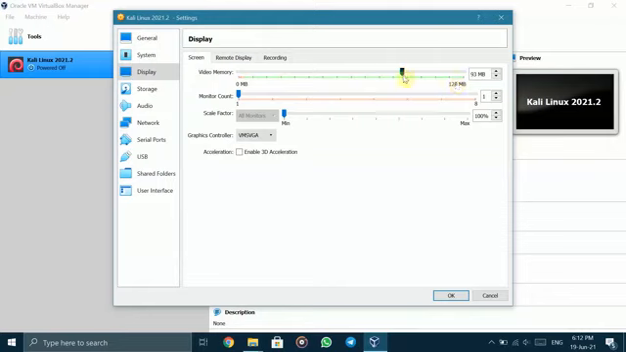The green lines are suggestible and recommended, and this pink line refers to not recommended. So you need to shift so that the possibility is in the green lines. Moving on to the next, the graphics controller should always be VMSVGA, and moving on to the